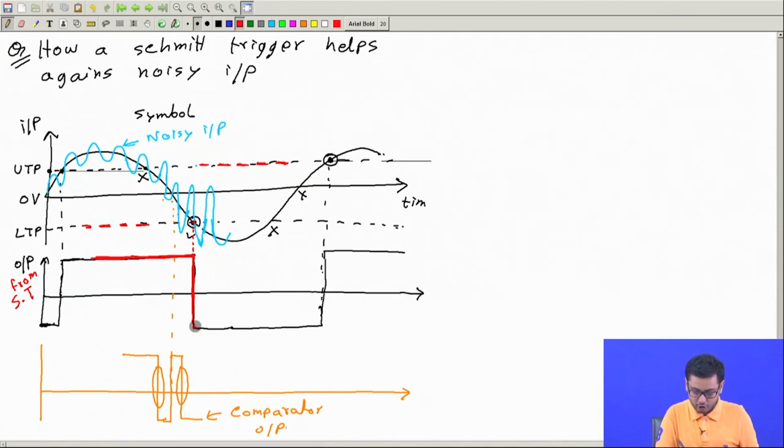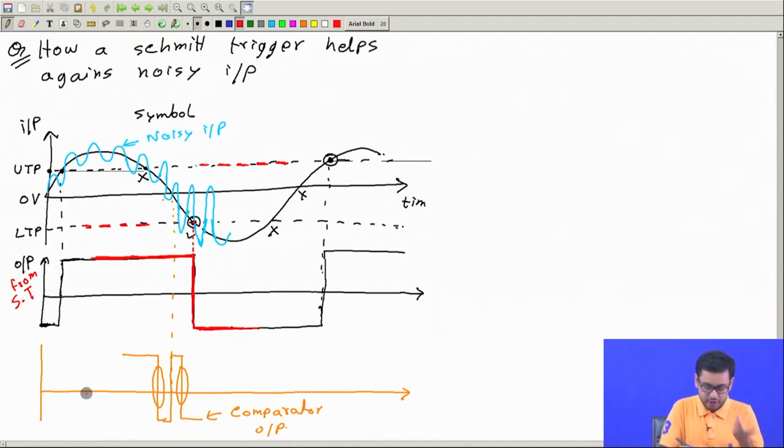So therefore the output will not change here, output will remain negative, okay. Even you see I have made the noise so high that the input is going above 0 level, here it's crossing the 0 level, but still output is going to stay at negative because it's not crossing the upper trigger point, right. So no problem here,